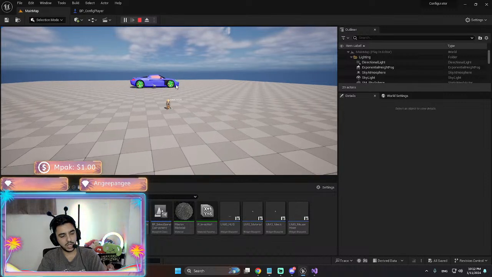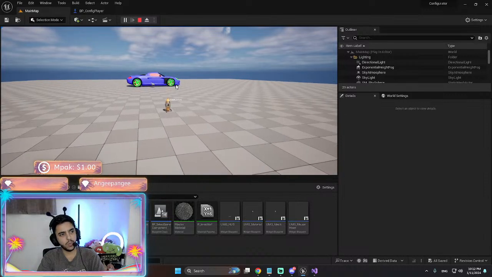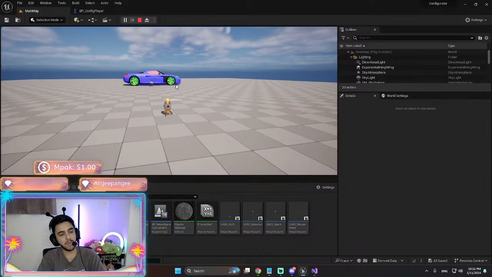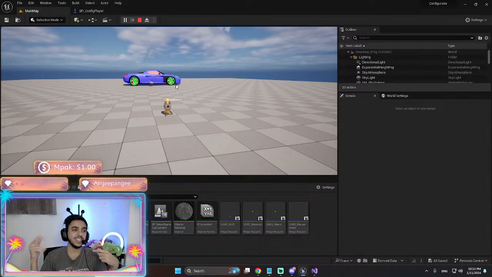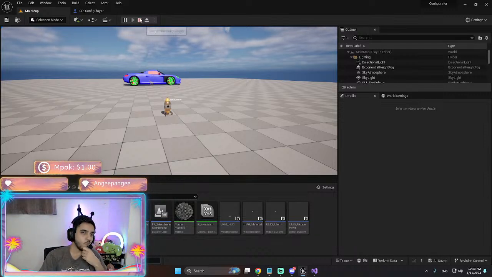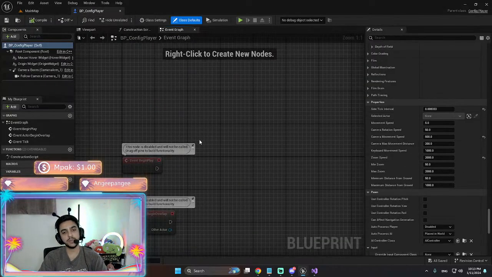So per scroll tick. You know why I did this? Because sometimes you may have a mouse like these Logitech mouses where you just have like infinite zoom. That's interesting. Okay, I'm gonna keep it this way as well.